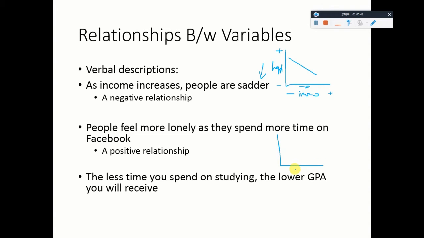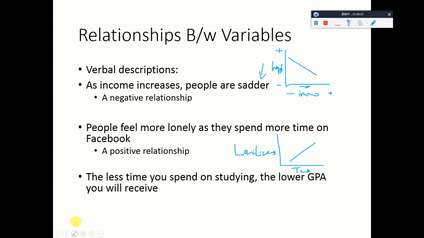So this is time, this is loneliness. Okay, so we said that it's like this. More time, more lonely. Now, the less time you spend on studying, the lower GPA you receive. The correct answer is